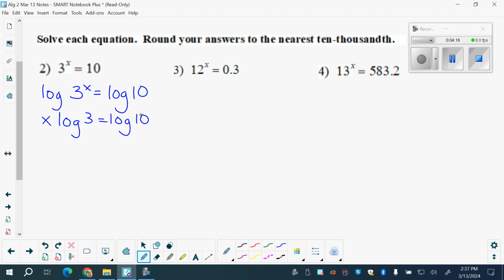So now what would we do next to just solve for x? What would we do to both sides of that? So we've got to get this out of this side. We want the x by itself. So what would we do to both sides to get that x by itself? Divide by log 3. So when you do that, you're going to get x